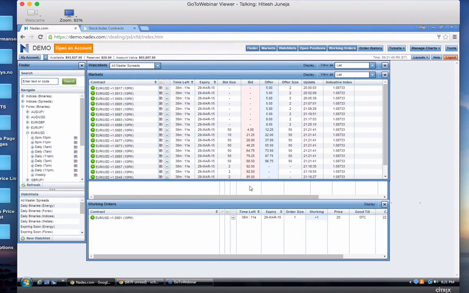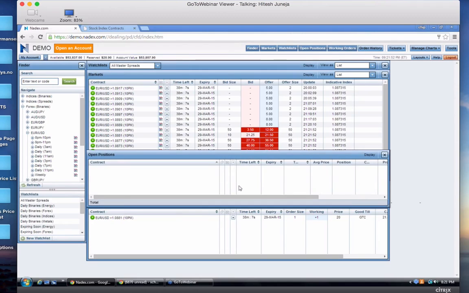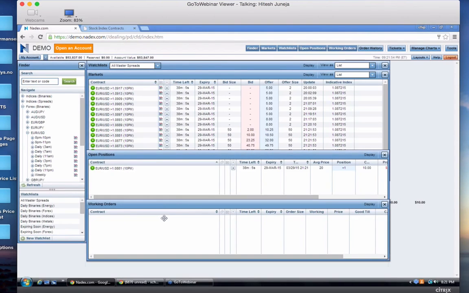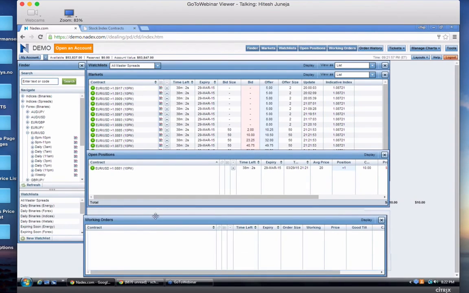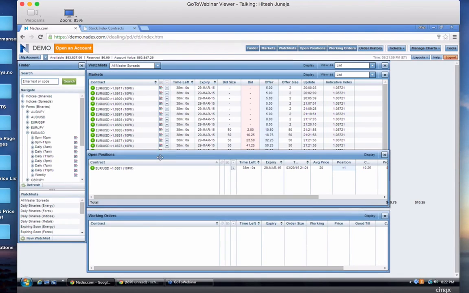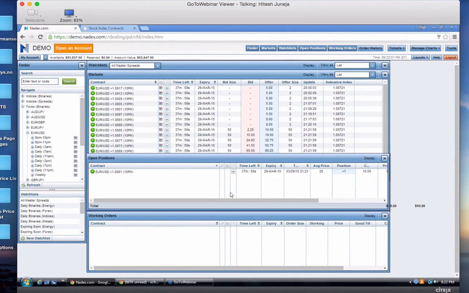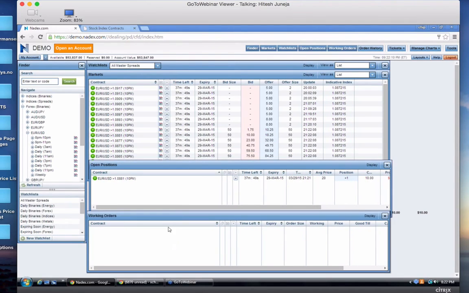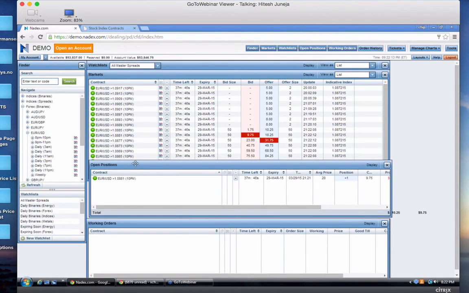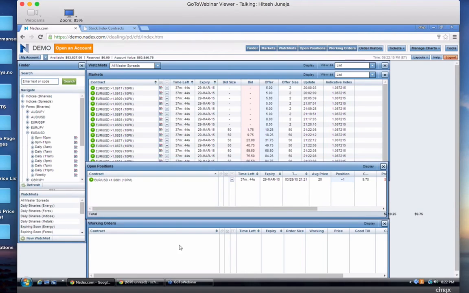Just to clarify some things for people, in case some of this seems over your head, because we have 1,000 people on here. There are going to be some people who are very advanced, some who are not. If it seems intimidating at all, don't worry, because there are going to be very detailed, broken down videos, and I'm adding them to the back office as well. But it's very critical, if you're from the US especially, that you get used to this platform, because Nadex, like I said, is the only one available.